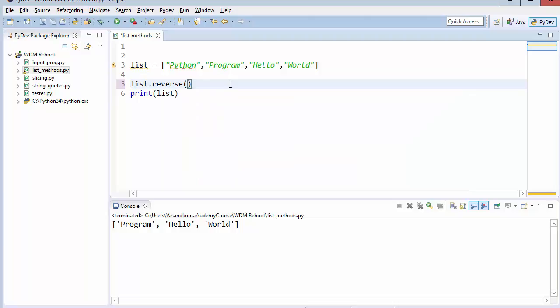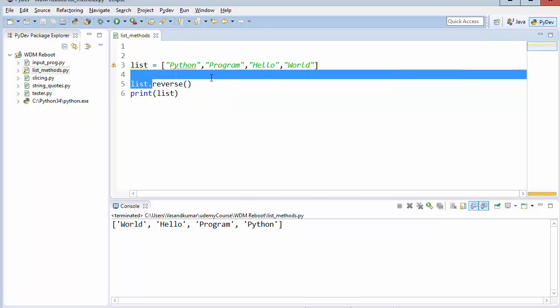Reverse. Damn, it's very easy. You can pretty much understand what it can do now. It just reverses the string. So let's run it. Bang. Bold hello program Python. So it works as it should. Let's go